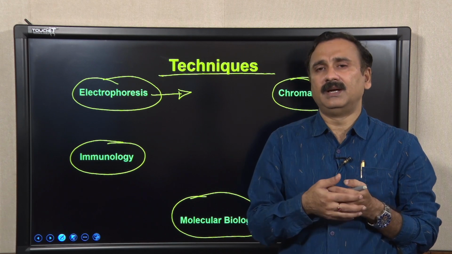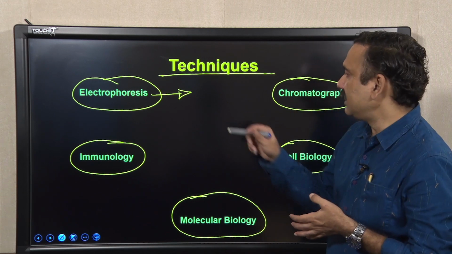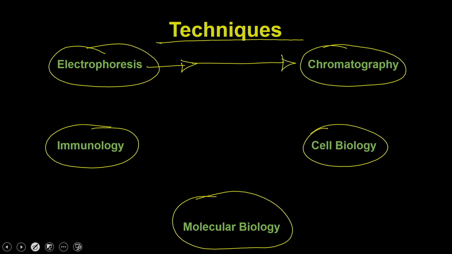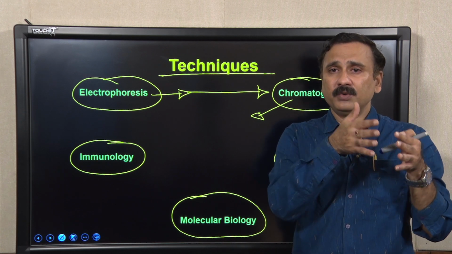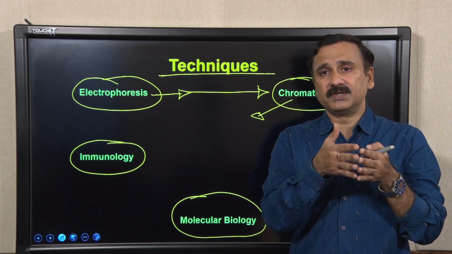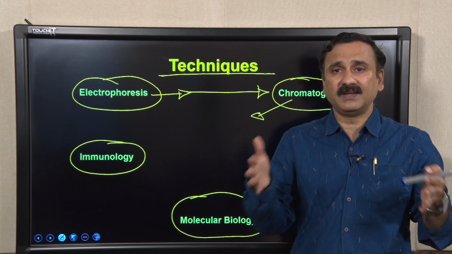So, we concluded the electrophoresis module, and then we directly jumped onto chromatography. Within chromatography, we discussed different types of chromatography techniques. Initially, we started with the basic principle of separation, where we took very simple examples of different types of molecules, how they vary in their physical, chemical and biological properties, and how you can utilize these properties to separate them, because using these properties you can distribute the molecules into different phases.